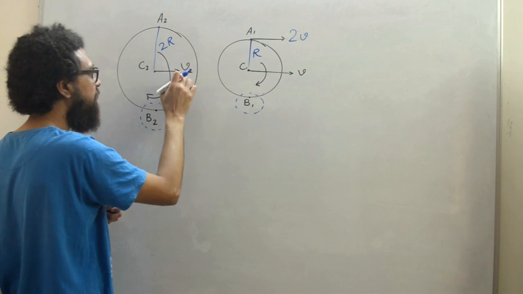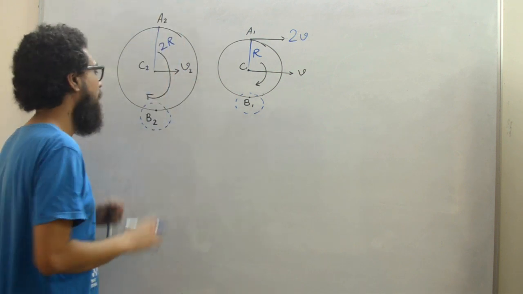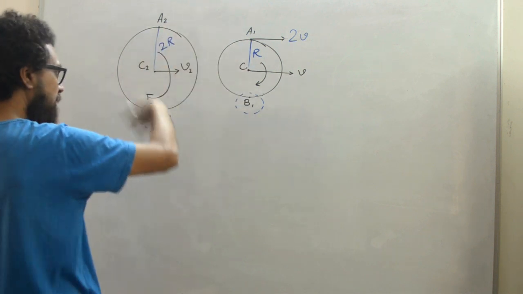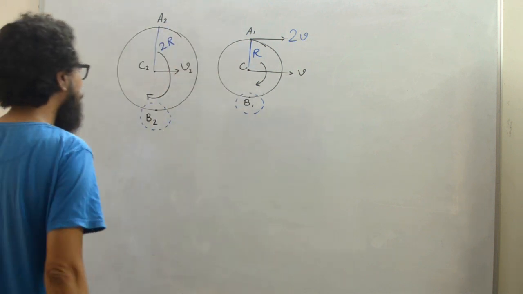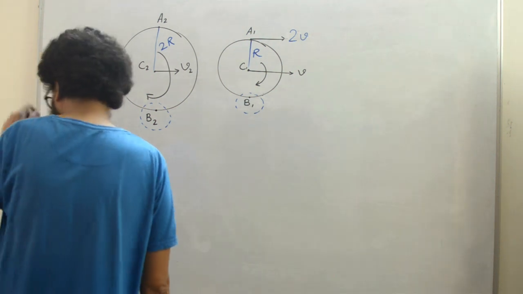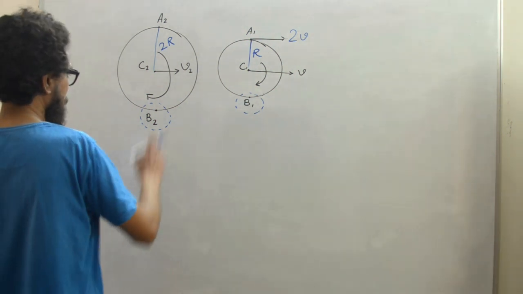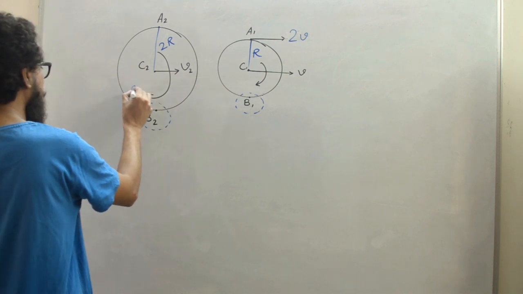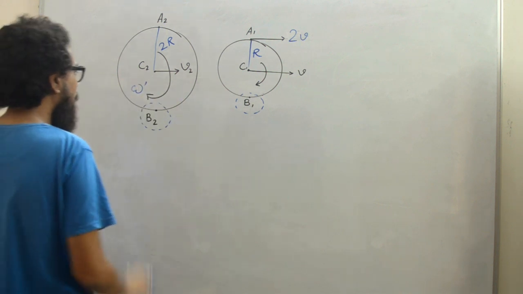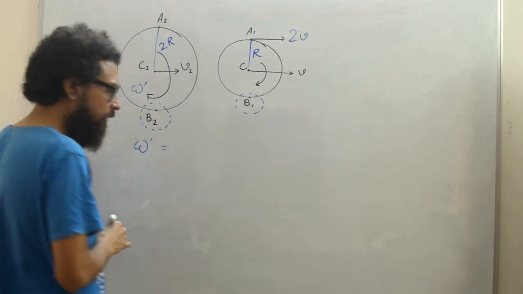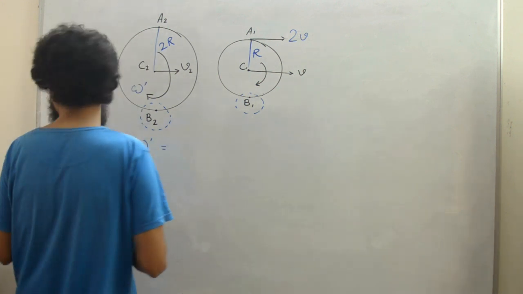And the direction of rotation is like this, as we have mentioned here. Now what will be the angular velocity of this sphere? If say it is omega dash, what is the value of this omega dash? Omega dash is equal to v by r, and here